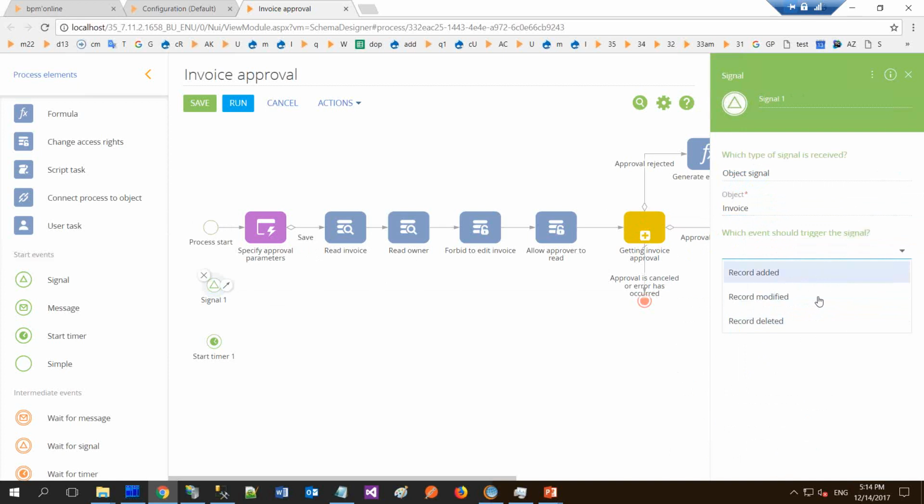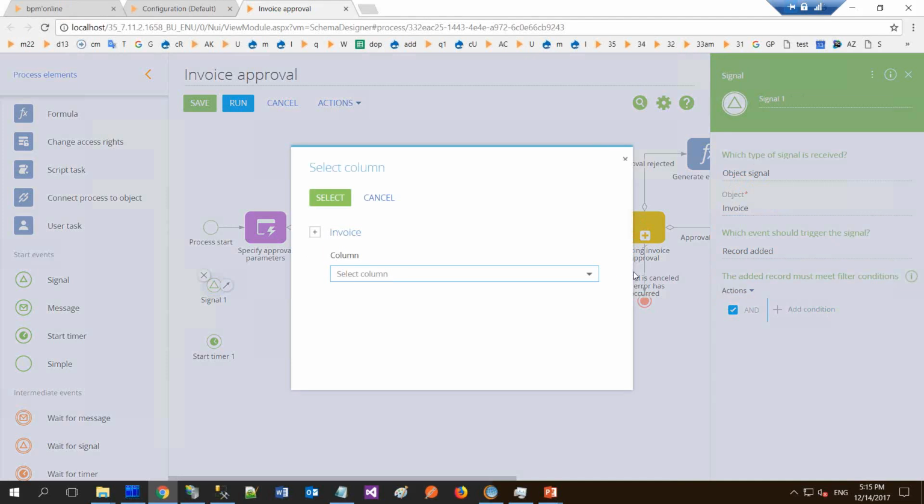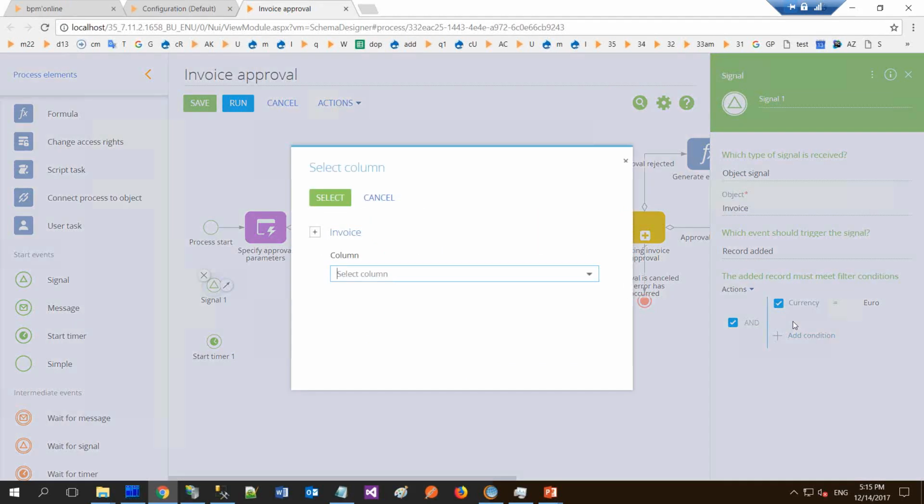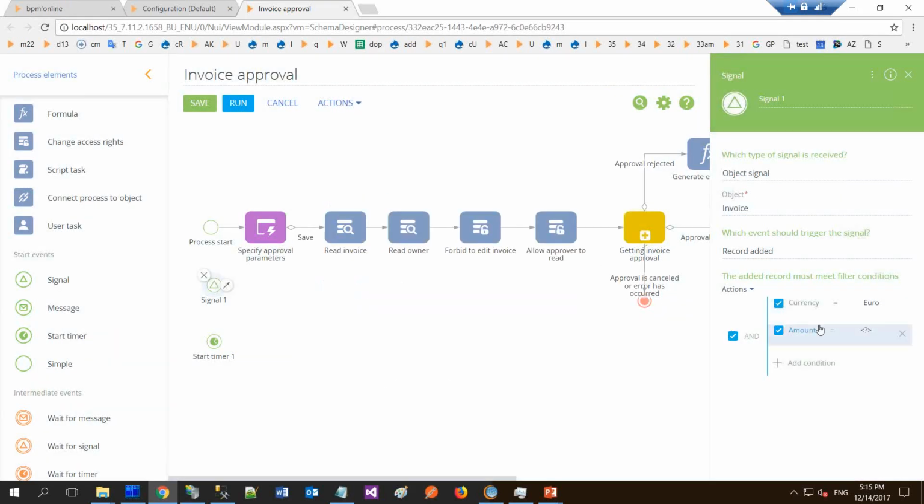Please note that all these events are handled after event appeared. So these are after adding, after modification, and after deletion events. And for such events, we also can provide additional filters. For example, we are interested only in invoices which currency is, for example, euro, and the amount is bigger or equal 1000. So if needed, we can also organize some conditions which will give us additional possibilities to handle object events